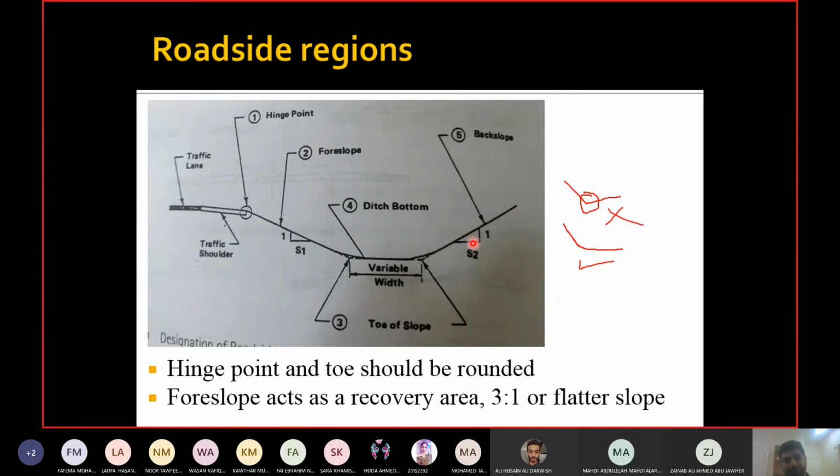Okay, because you don't want to make the back slope a recovery area, right? You come to the lane, to the shoulder, then to the foreslope, then to the drainage channel. Still, if you are not recovered, then inshallah, you will have a good place in heaven. Right? If you are not drunk or drugged, you will have a good place in heaven. You will die in an accident. Okay, so the back slope is never a recovery area. The foreslope can be a recovery area.